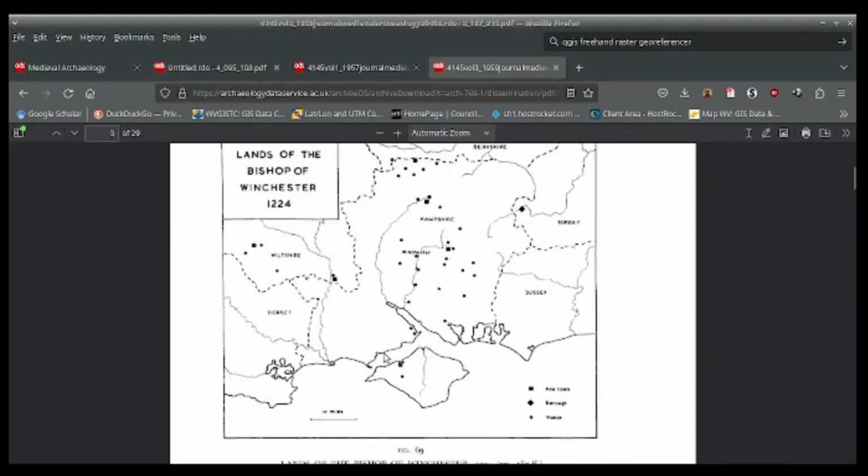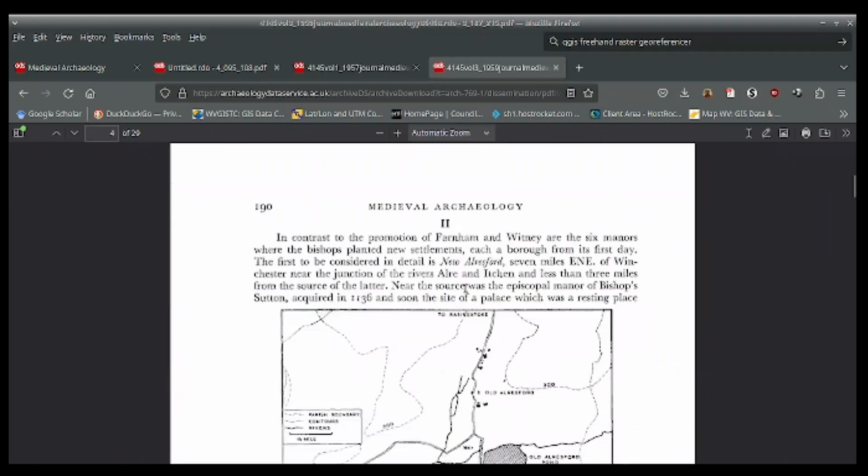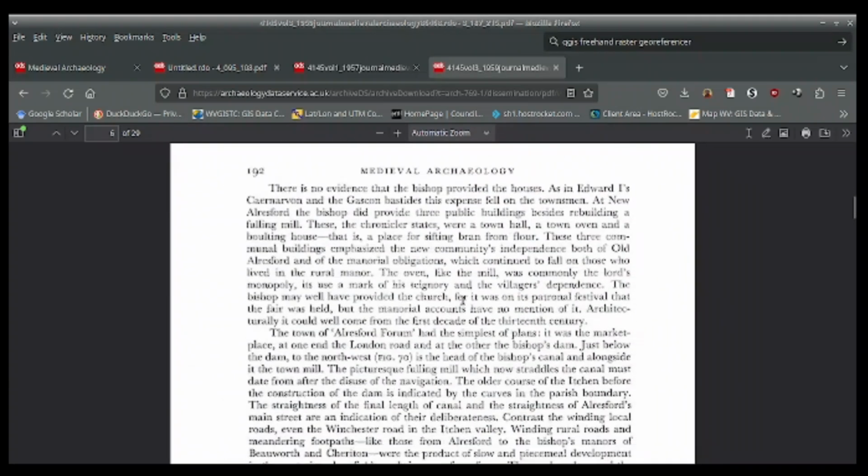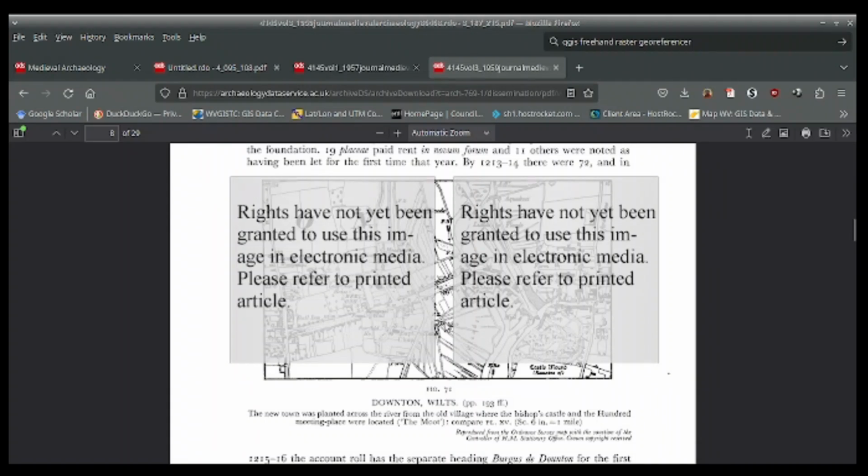Now, one of the things that I'll show you here real fast, just to give you a warning, even something as old as 1959, you still find some images where the rights were never granted for them to use the image electronically, so you won't necessarily have that. In this particular case, there's a map under there that might be useful or not, depending on what your particular project was. But you can probably go out somewhere else and find that map or something similar that you can